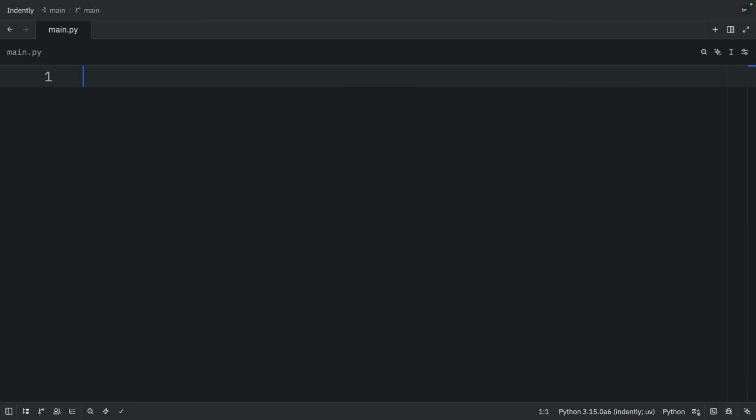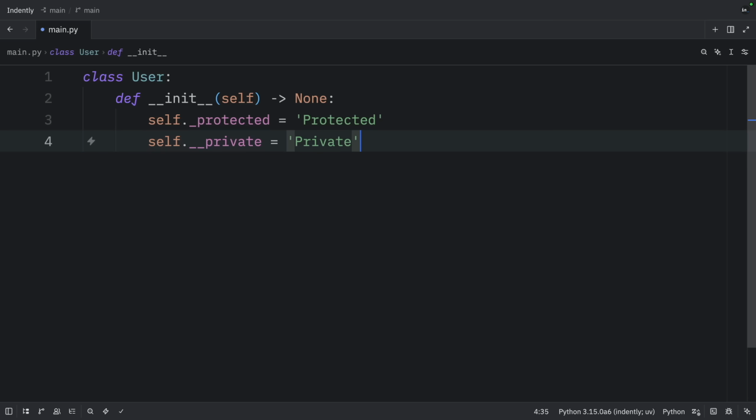So, as I was saying, it's a common misconception that using a single leading underscore creates a protected attribute, and using a double leading underscore creates a private attribute. The first rule of Python is that we do not speak of Python. The second rule of Python is that nothing you create is ever truly private or protected. No matter how hard we try to make something private or protected, there will always be a way to access